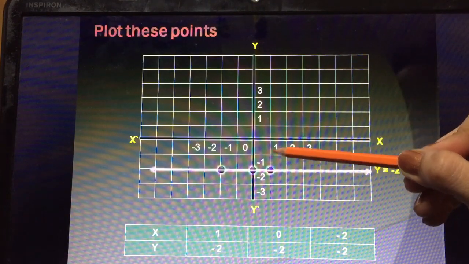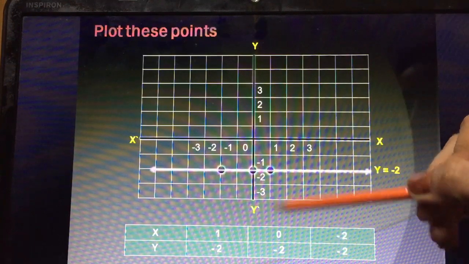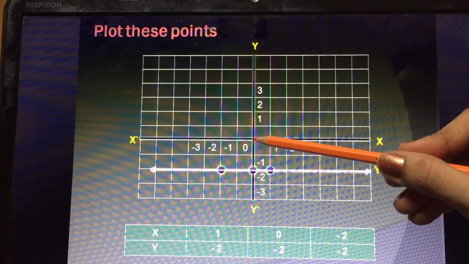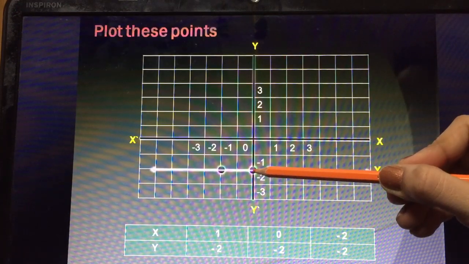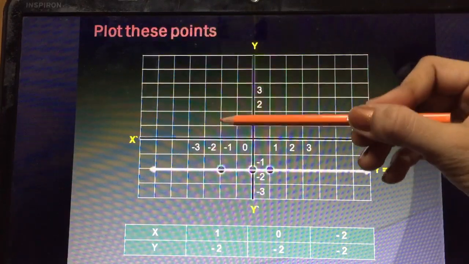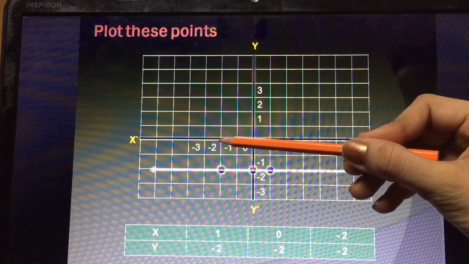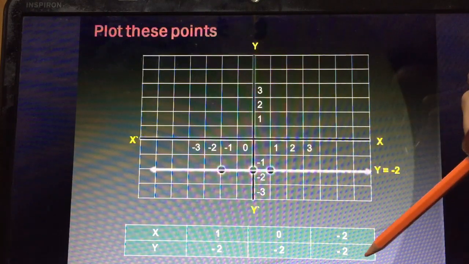So this will be your (1, -2). Next is your (0, -2). 0 means this is your origin, and -2 of y, down here will be your -2. Next is (-2, -2). -2 means left of 0, here this will be -2 of x, and -2 of y,